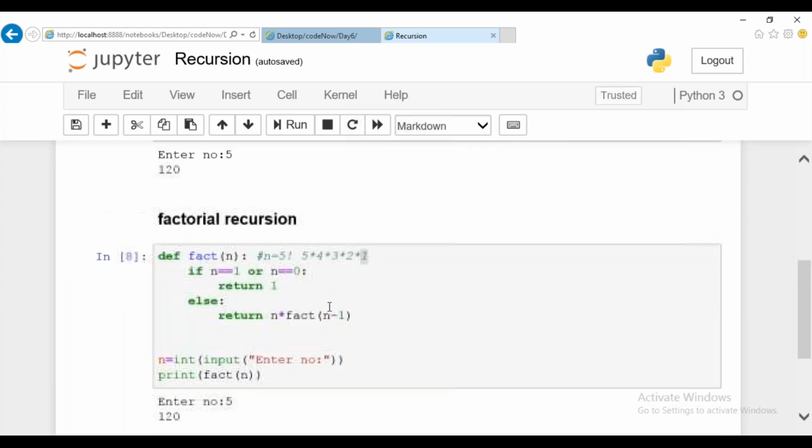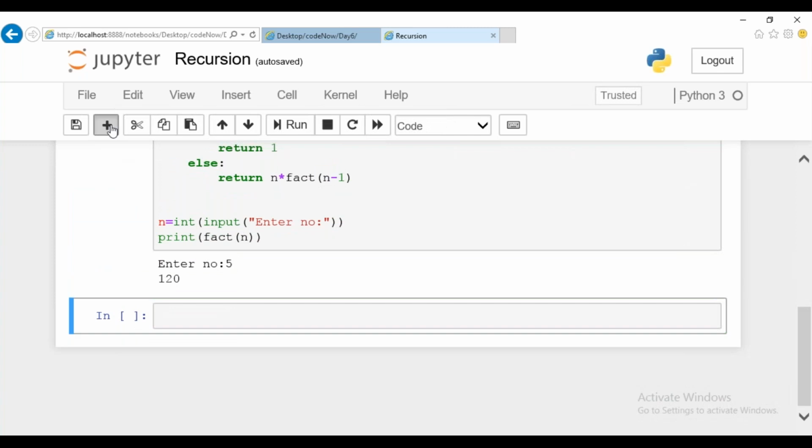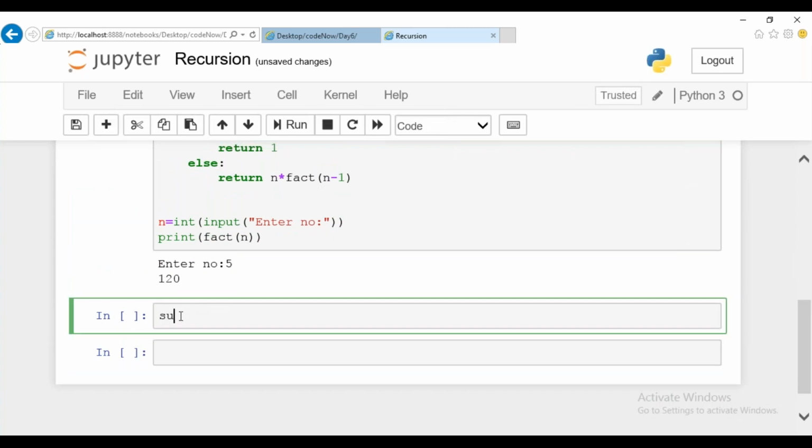Okay. And the next one, what you're going to see is, let us take a small scenario where you're going to do sum of digits, in non-recursive method.